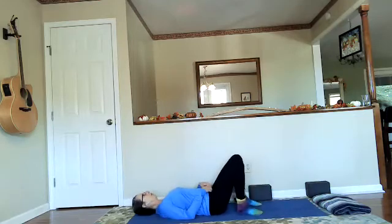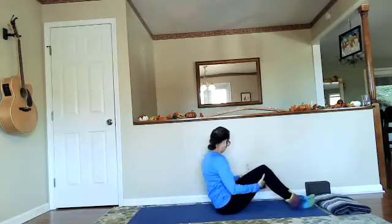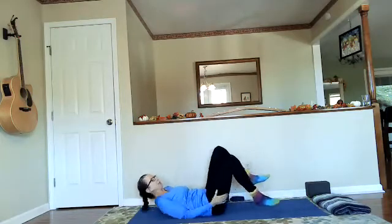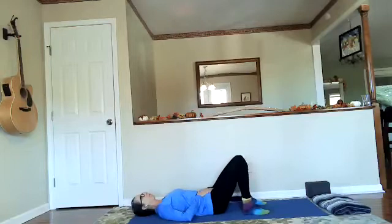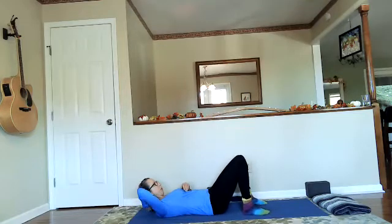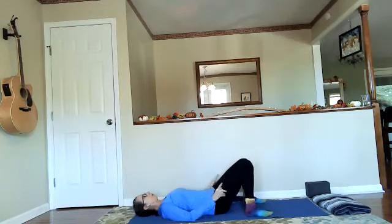Come on down to your backs. And start with your feet on the floor and your knees bent. Because especially first thing in the morning, although we had that glorious extra hour of sleep, sometimes first thing in the morning, we don't want to put that kind of strain on the back body until it just warms up a little bit. So feet to the floor, maybe your feet go wide and your knees come in towards center,